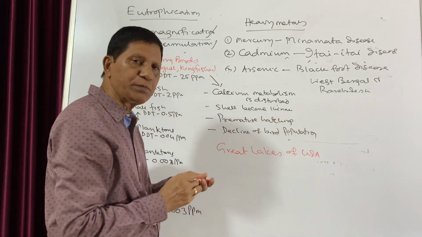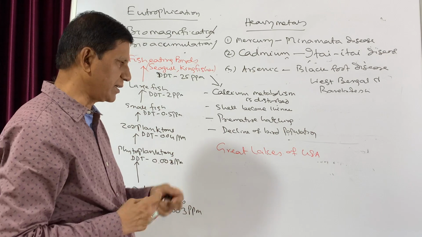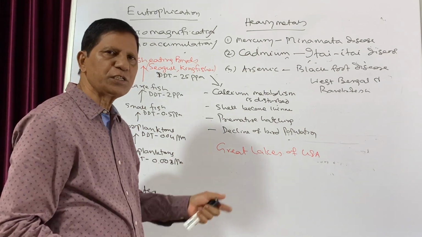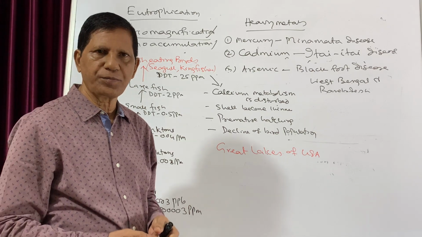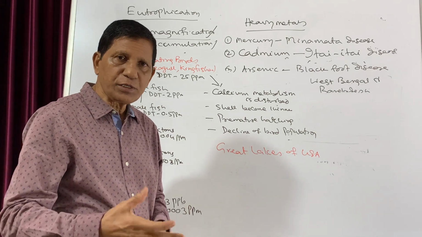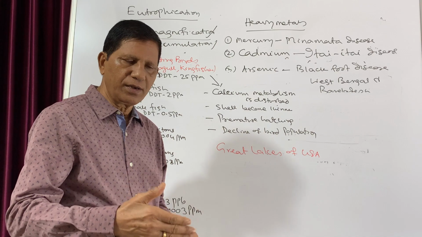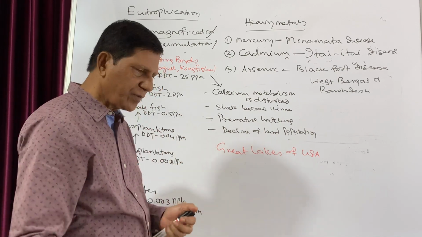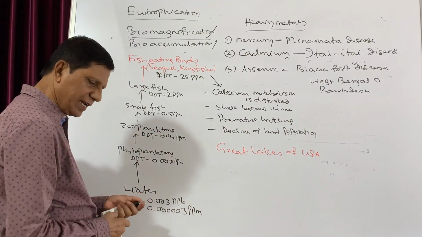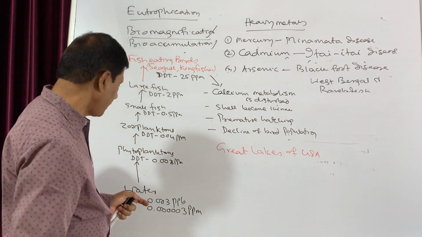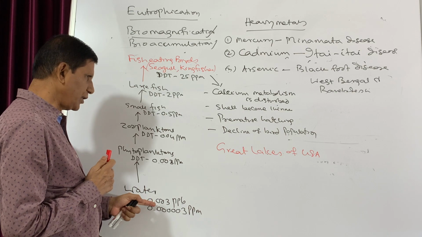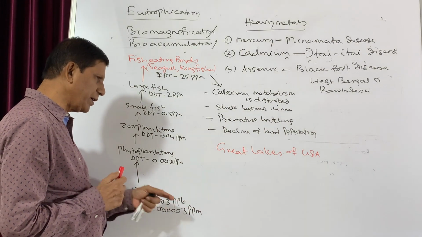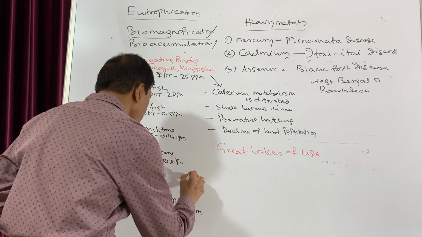Continuously for several years, DDT was spread on the lake, and it was found what happens through the food chain. Initially, if the DDT content in the water is as small as 0.003 ppb, then it increases